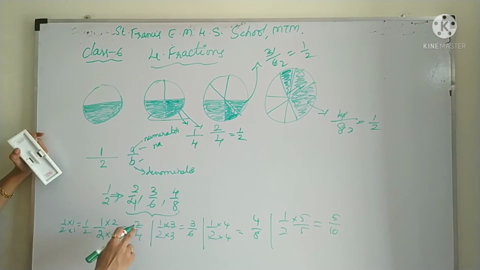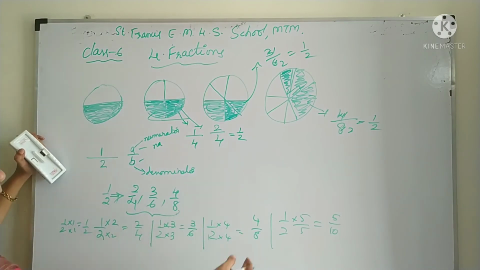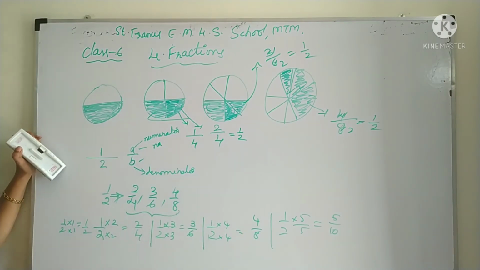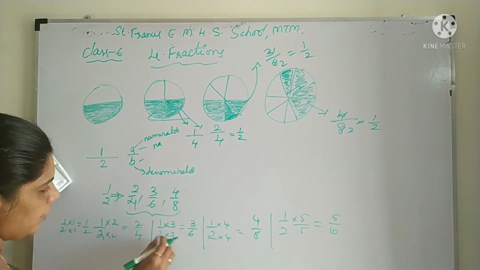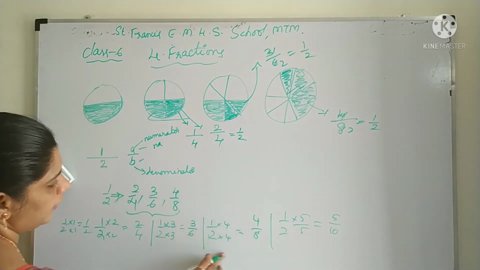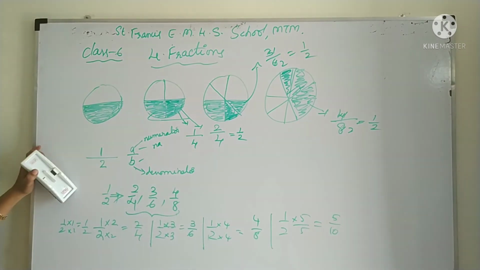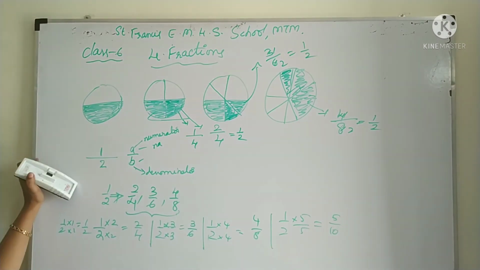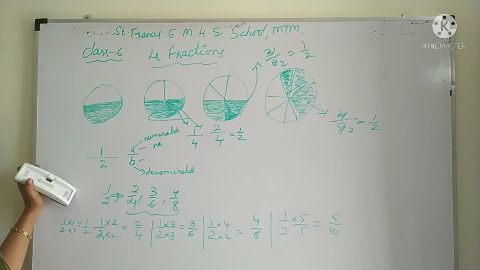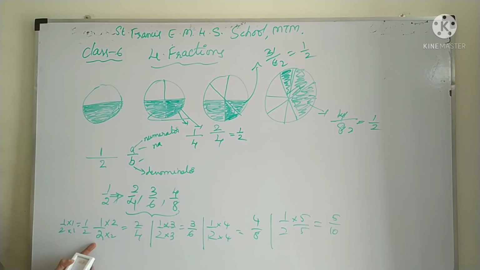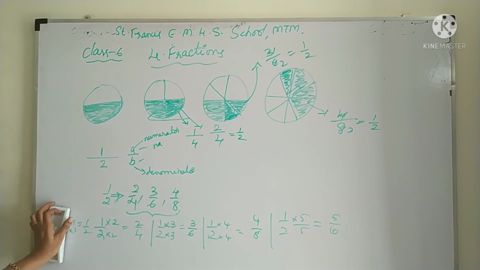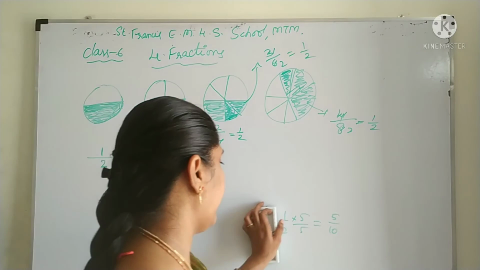Like that, if you increase the numbers 2, 3, 4 and multiply the original fraction, whatever fractions you get as the result, we call these fractions equivalent fractions. Equivalent fractions. That means all these fractions are equal. By reducing them, we can get the basic fraction here. Understood? Right. These are the equivalent fractions.